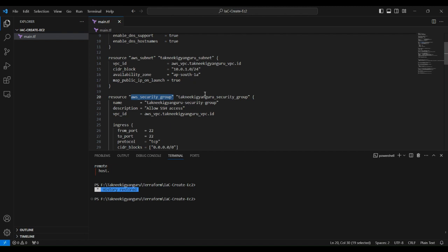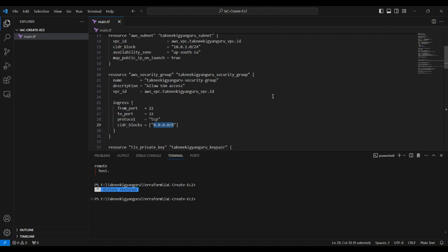Suppose you are saying CIDR block 0.0.0.0/0, then anybody can access your machine through port number 22, with your credential. We never give the CIDR open to everyone. Suppose you have your own IP address, then you can mention the IP address,